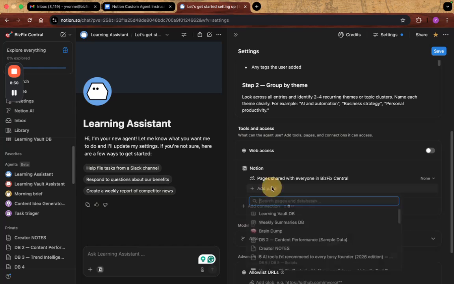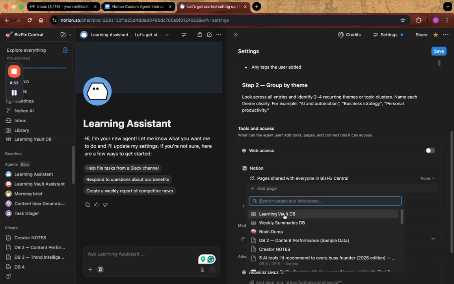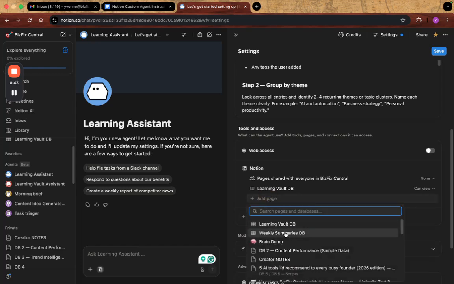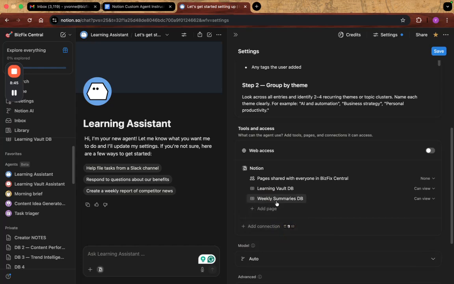So we're going to hit add page. And right here, you can see it off the bat. If you don't see the database you've created, you can search for it. So I'm going to add Learning Vault DB, which is where the user enters what they've learned, and the Weekly Summaries DB, which is the database that has been set up for the new entries that the agent creates to